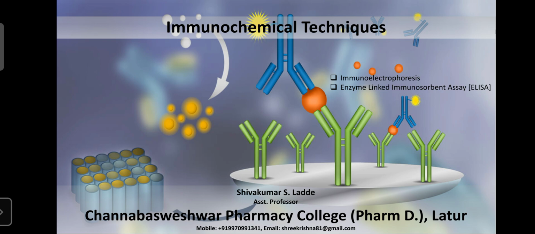And today we will discuss immunoelectrophoresis and enzyme linked immunosorbent assay. These are also modified forms of the immunoassay. In immunoelectrophoresis, we can separate the antigens or the targeting molecule on the basis of electrical charge. Every molecule has a certain charge, either positive, negative, or simply neutral. Apart from this, no other charge will be present on those molecules.